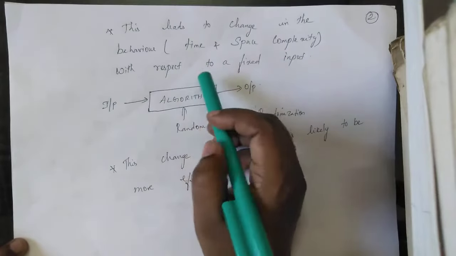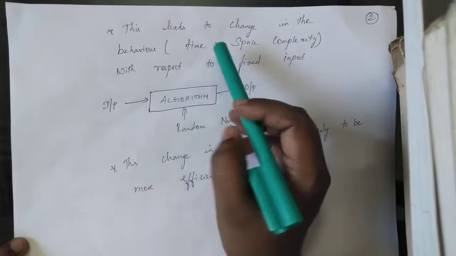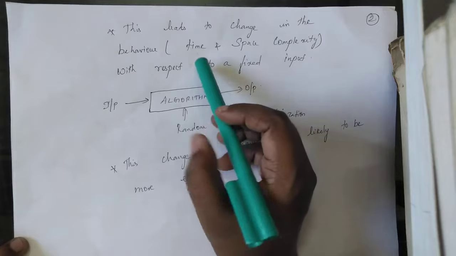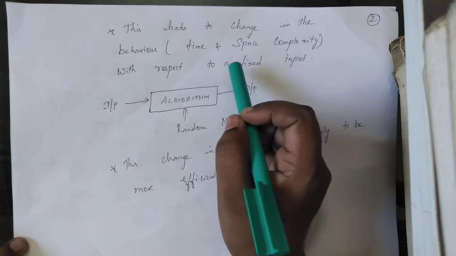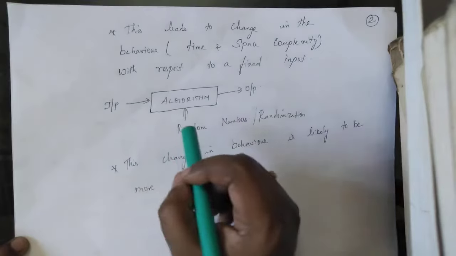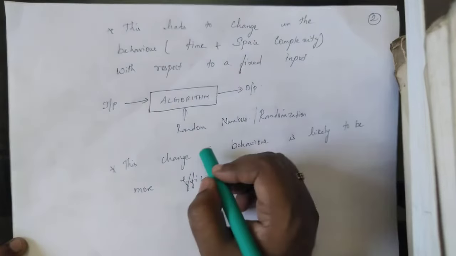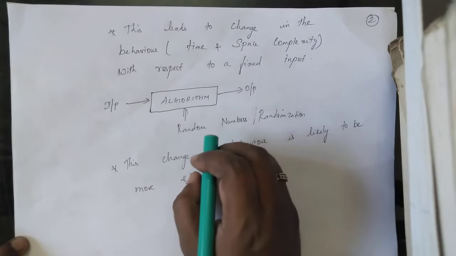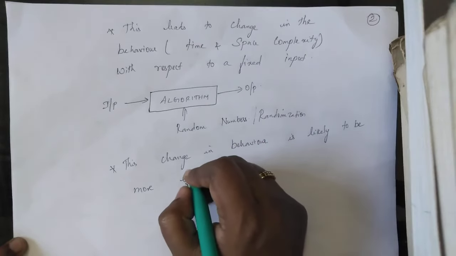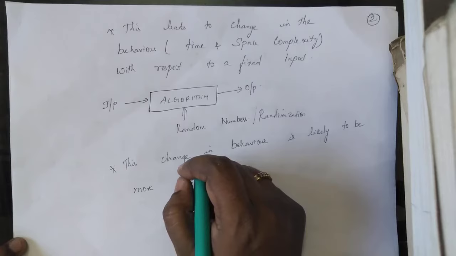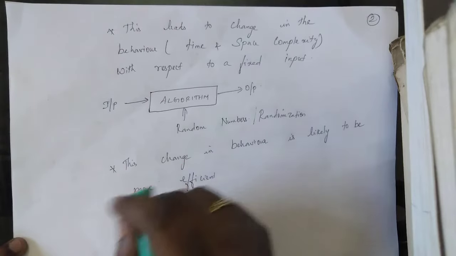output. The intuition behind these algorithms is that when we do such things, there is a possibility to achieve a better time complexity than their deterministic counterparts. We'll understand this better as we move on with this lecture. Today we are going to see how a randomized quicksort achieves better than the deterministic quicksort.